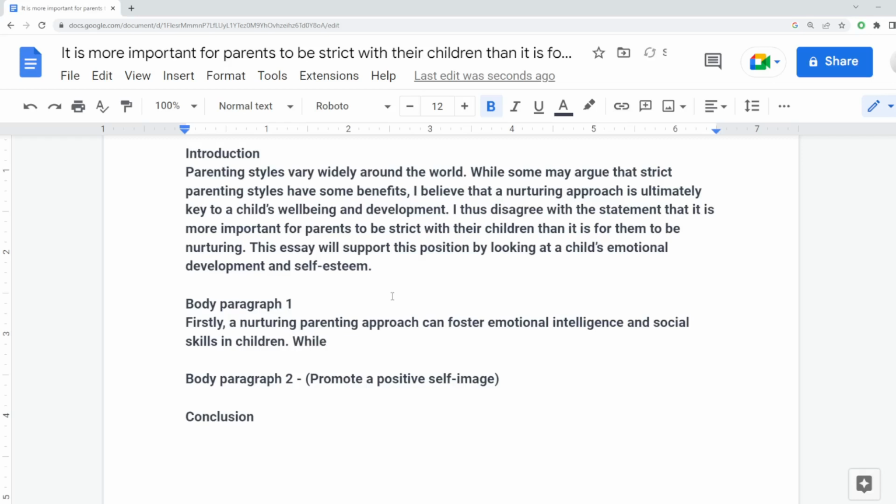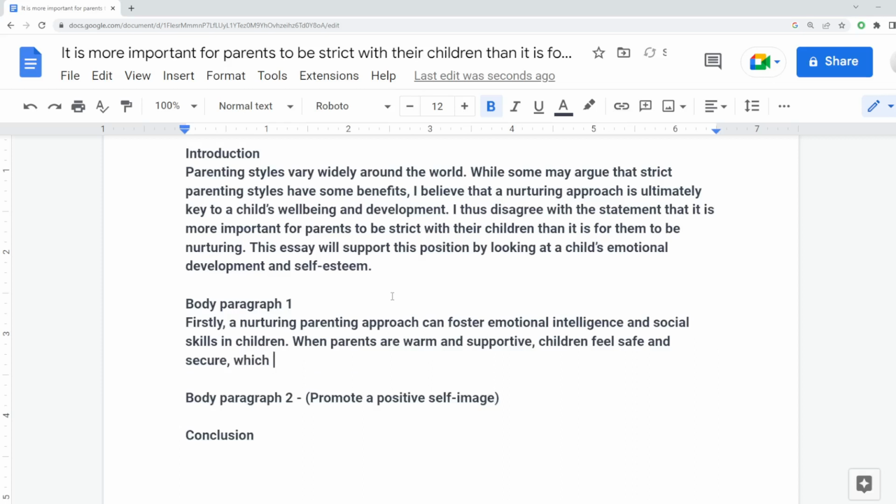So when parents are warm and supportive, let's type when, I think I meant when. When parents are warm and supportive, so we want to say that children feel secure, safe, and we want to say that this sense of safety is what can help them develop themselves emotionally and socially. Okay, so when parents are warm and supportive, children feel safe and secure, which can help them